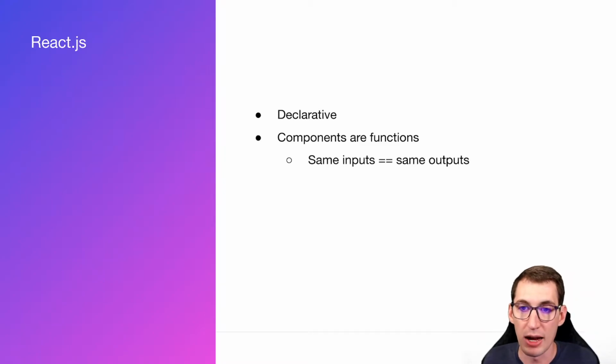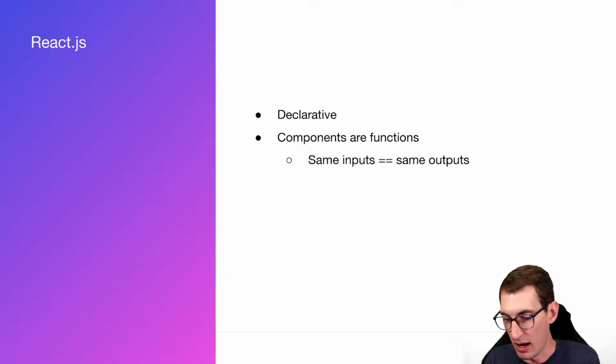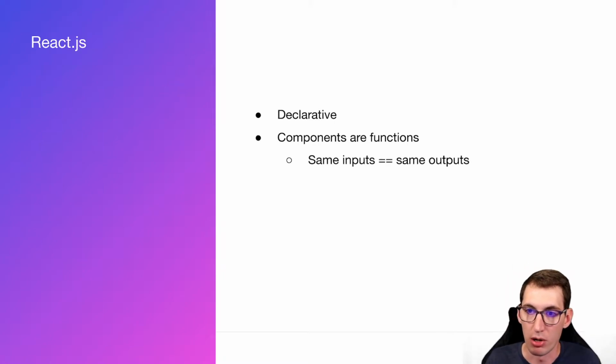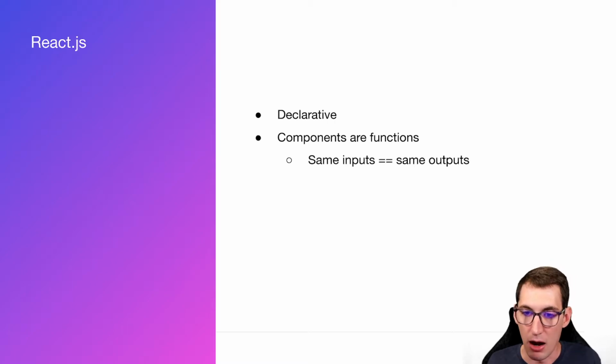And what's really nice about React is it has this very declarative paradigm where we declare what our website should look like and it outputs a web page, right? And so the components for React are functional. For every input, you get the same output, right? And so the input is your state, maybe an API request, and the output of that is the web page that gets rendered. And this is pretty simple now when we think about it, but when this first came out,